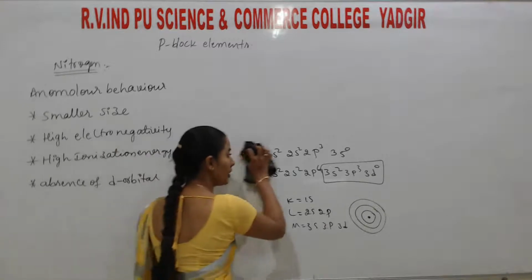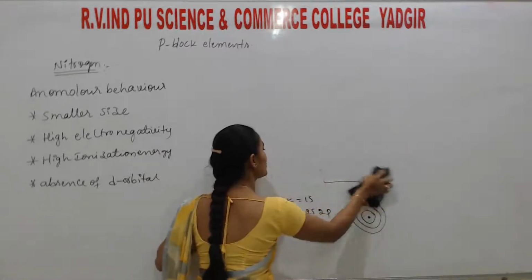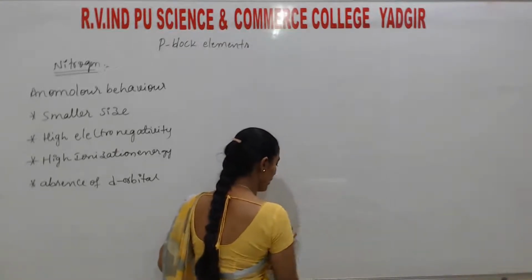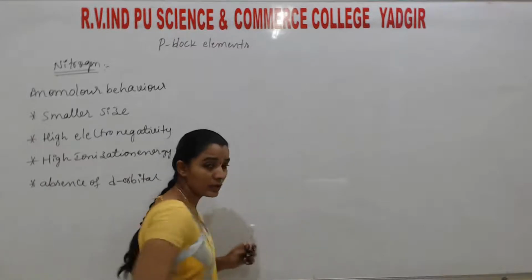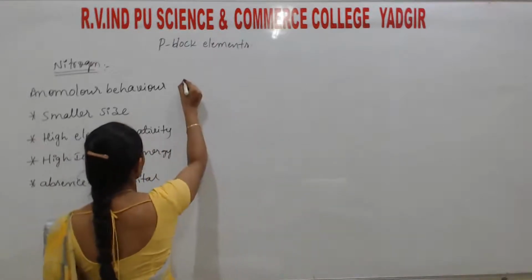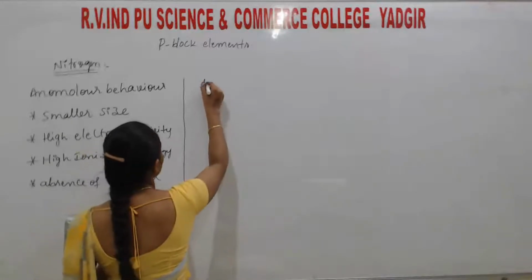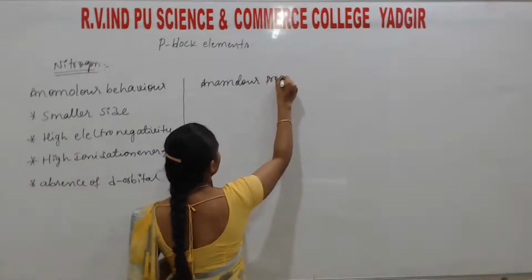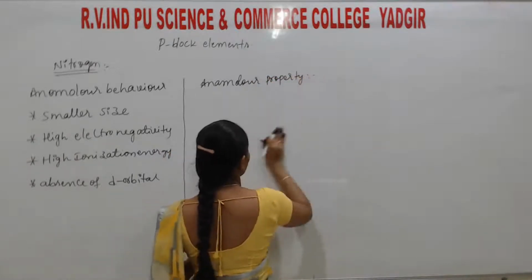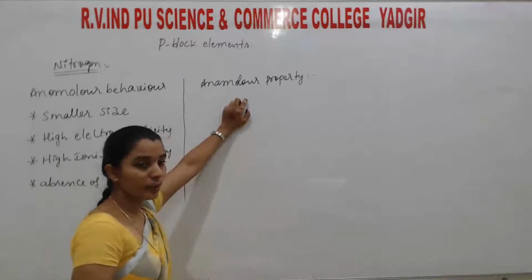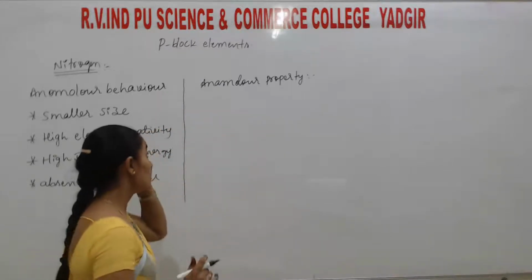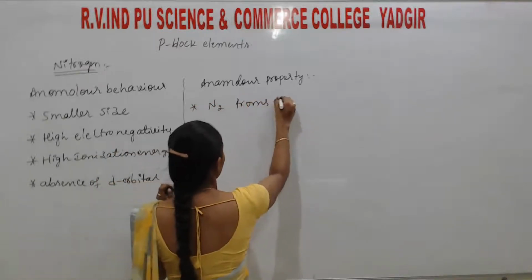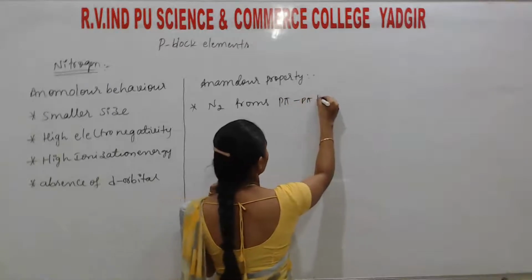Okay? So the properties that tell how nitrogen is different from other elements, that is called what? Anomalous property. Then I ask different students, what are the reasons for anomalous behavior and anomalous property. Property is different, behavior is different. Why does it show a different property? Because of these reasons. Okay. So the first property is nitrogen forms p-pi bond,